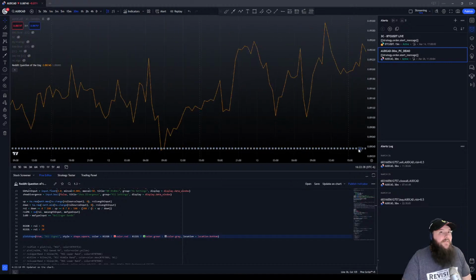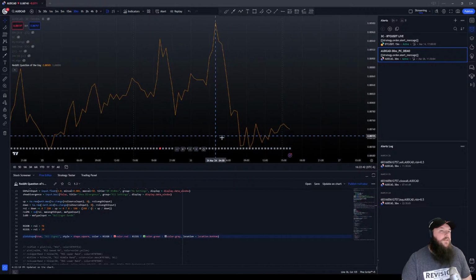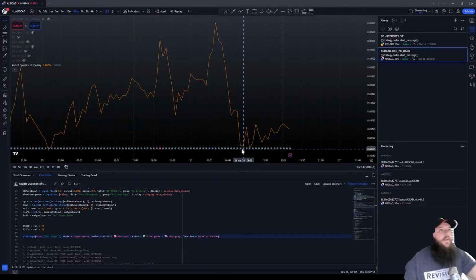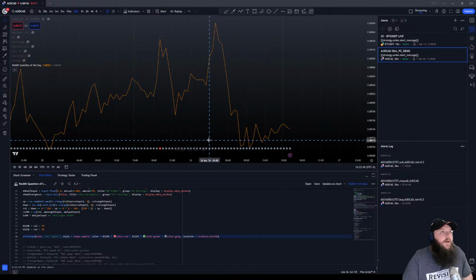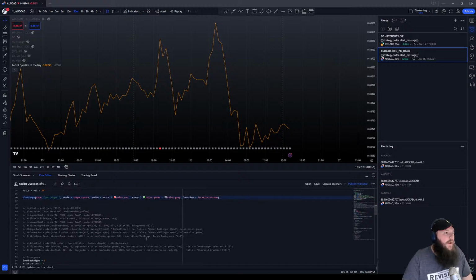Now, this isn't very helpful for trying to determine live. You can't really see what direction the RSI might be going, but you can always program that logic in. Maybe you can do a color gradient, or